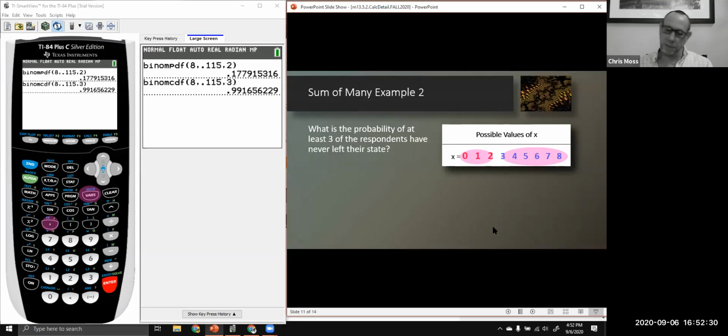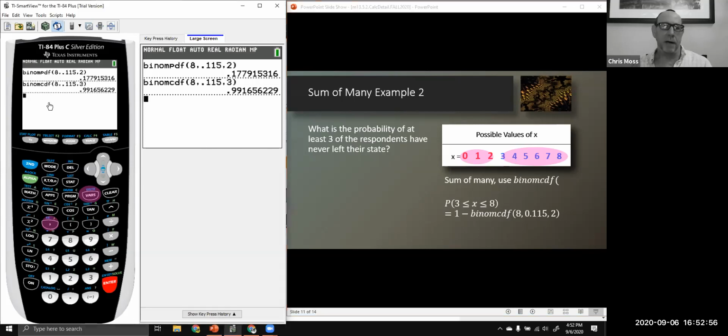So what I'll need to do is to set this up in a particular fashion. To find the probability that we have an outcome between 3 and 8 inclusive, what I need to do is to take the number 1, the probability of surety of something happening in the entire sample space, something's going to happen, and then subtract from it the probability of a 0, 1, or a 2 actually occurring. On my calculator, that's not hard to do. 1 minus